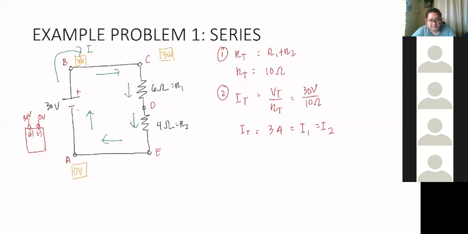Sa point D, 18 volts. Let's try. So, again, si point D pinag-uusapan natin. Dito, meron tayong I1. May makukuha tayo ngayon na value ng V1. Okay? Si V1, anong tawag kay V1? Yung flow natin is papunta dito. So, papasok siya sa positive, lalabas siya sa negative. Then papasok siya sa positive, lalabas siya sa negative. So, ito yung flow ng current natin. Towards negative siya. So, si V1 ay voltage